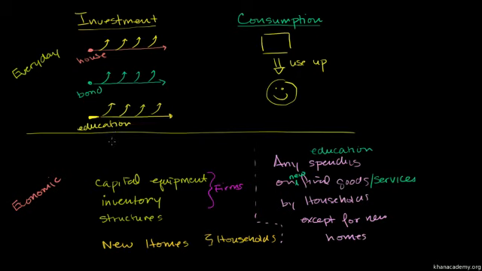Maybe you are buying a car and you're not buying a car for leisure purposes. You're buying a car because you need your car to go to work. There's an argument that that would be an investment in the everyday sense. By having that car, you have something that can take you to work every day. So you're getting future benefits. So there's an argument that maybe that's an investment in the everyday sense. But in the accounting sense, the car would sit right here. You bought a new car, but that is considered consumption. You did not buy a new house.